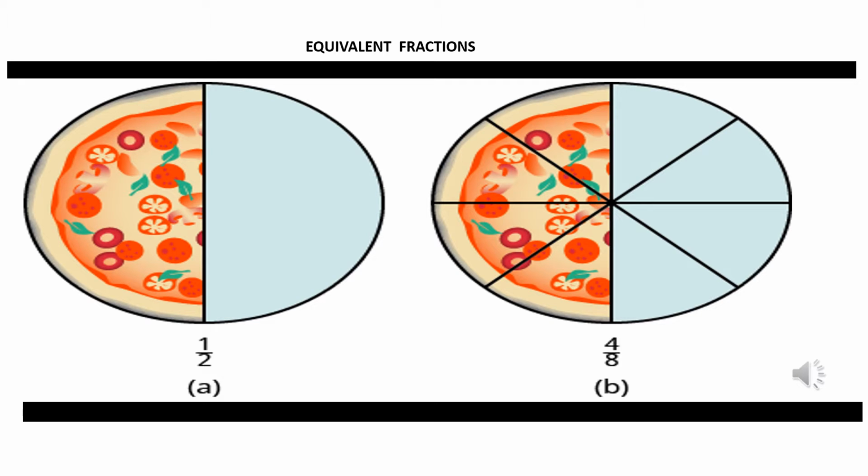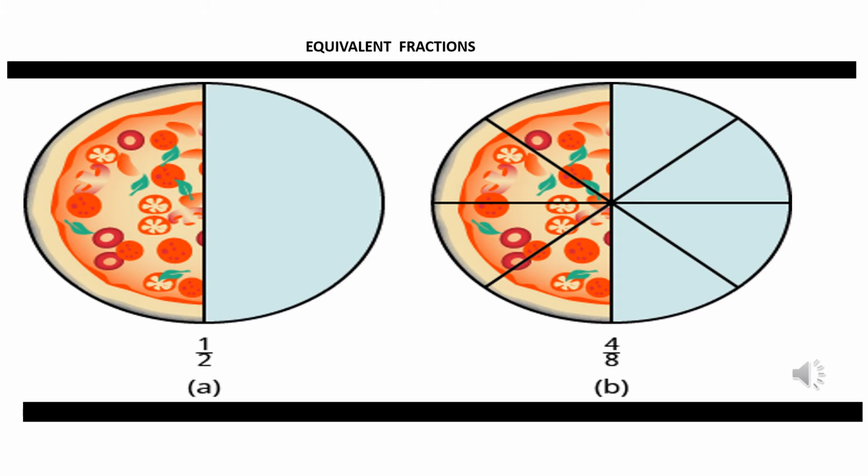How? By this method. If you add the same non-zero number to the numerator and the denominator of the fraction, it is not possible to get an equivalent fraction. We all know that. But it is possible with multiplication. This is true for any fraction. If we multiply the numerator and the denominator of a fraction by the same non-zero number, we get the desired result. For example, let us take the fraction 2 by 8.